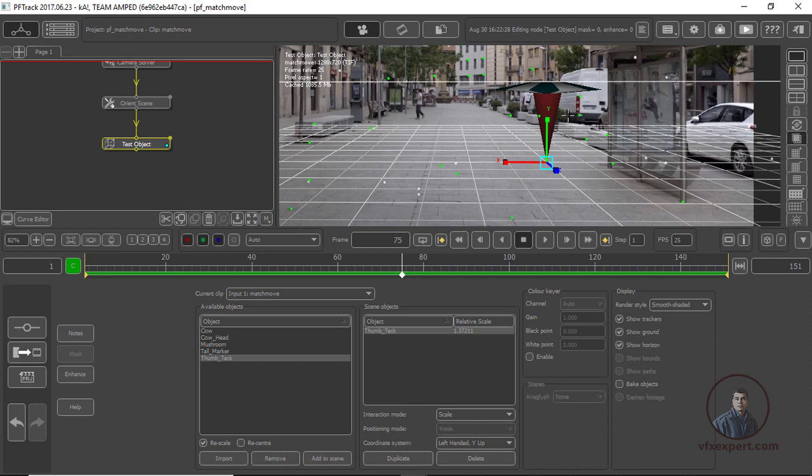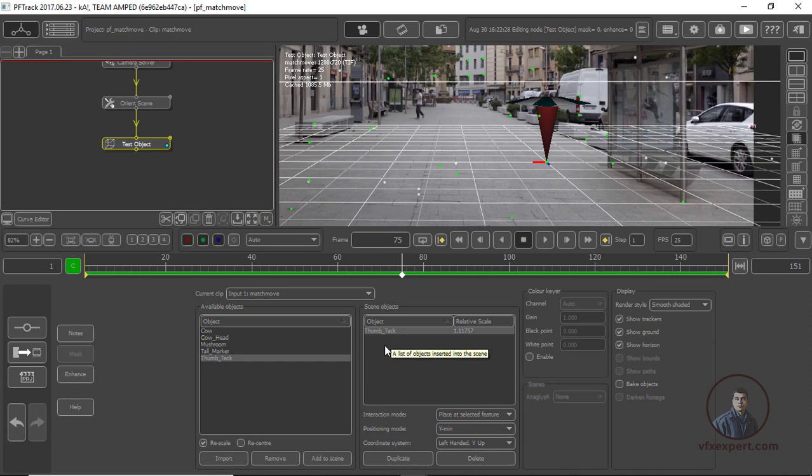Now after this, if you want to adjust the scale a little, you can adjust it. By default it comes at your center point. Now in interaction mode there is another option called place at selected feature. With the help of this option you can place your objects on any selected points or locators. If you want to move it you can, otherwise you can also create another object or make duplicates of the same object.